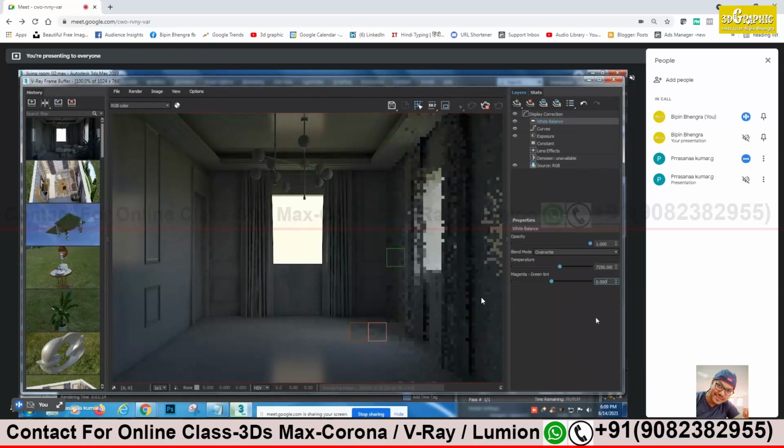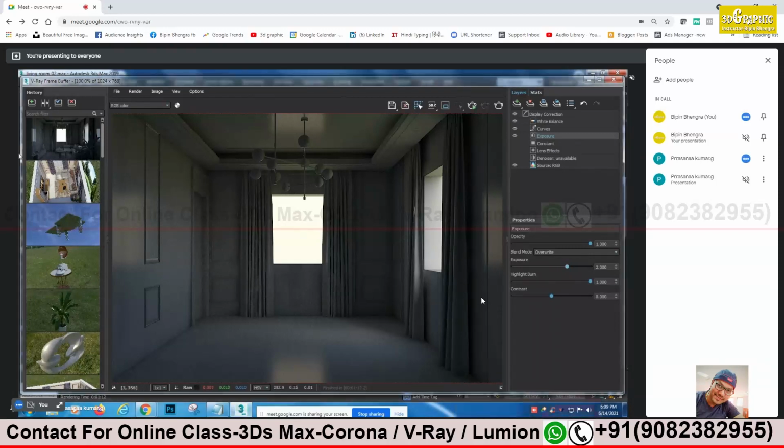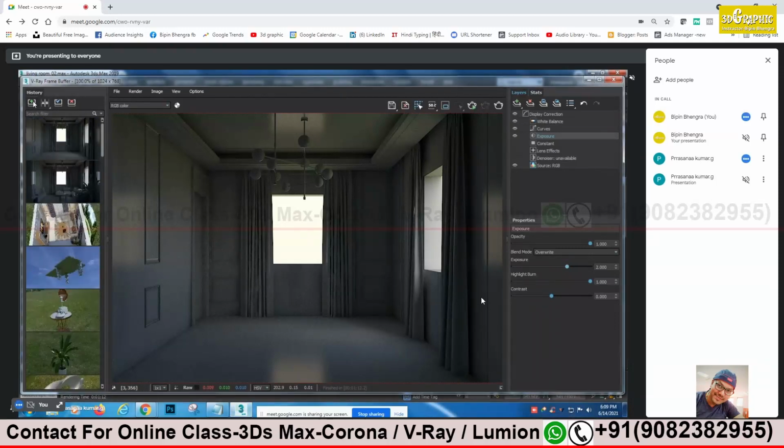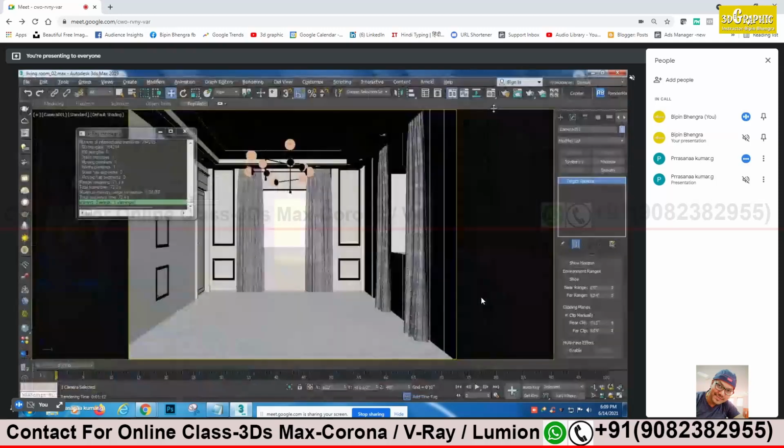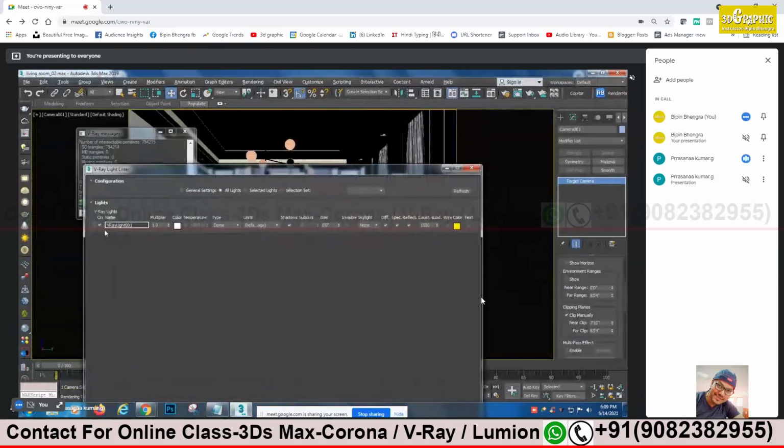A little bit of exposure is needed. Okay. What are the lights currently on? Just see, is there only HDRI or any other light you have used? No, sir. Only HDRI. Wait, wait. First stop and save this in history. Okay, it's done. Now see, I'll go to the lights. Only HDRI is one. Yes. Okay.